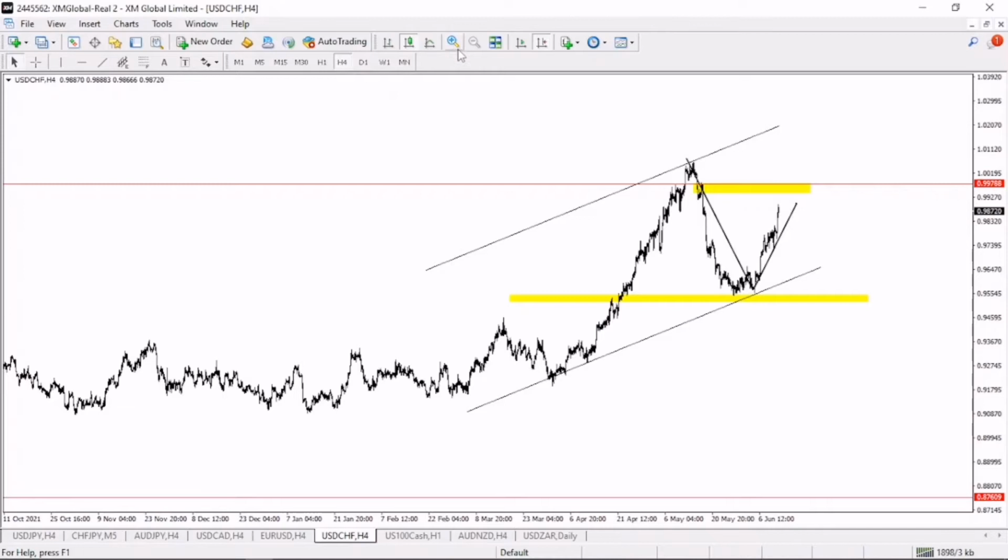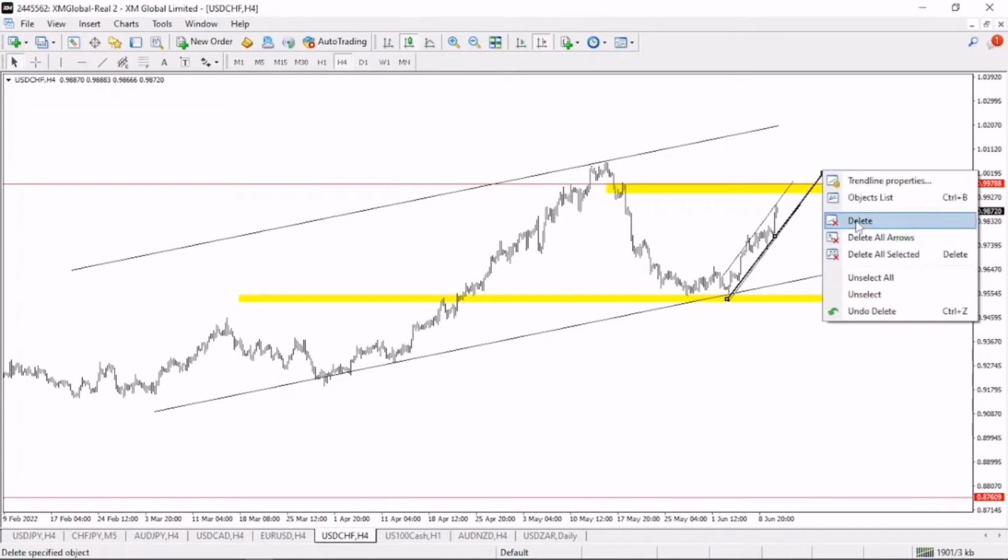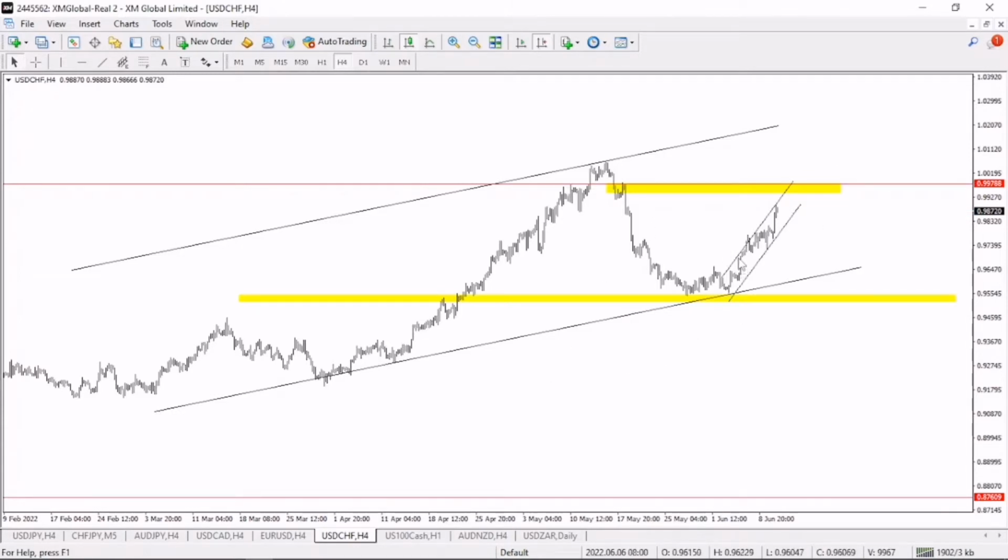So we genuinely hope that you guys learned a thing or two about these 3 currency pairs. I'll be taking these currency pairs as well. So this is where, let me just have my channel right there. So if it breaks my channel to the upside, to the downside, this is where I'll be having my orders or sell limits. This is where I'll be having my orders. If it breaks my channel, I'll be in the market, but if it doesn't,